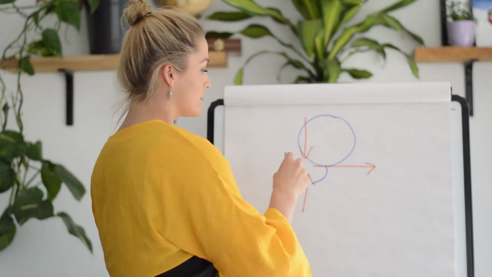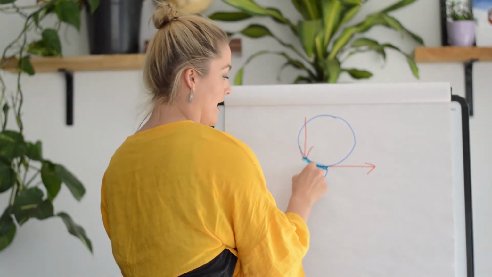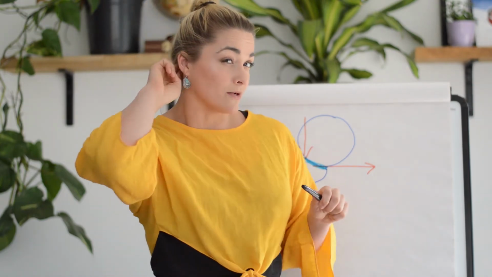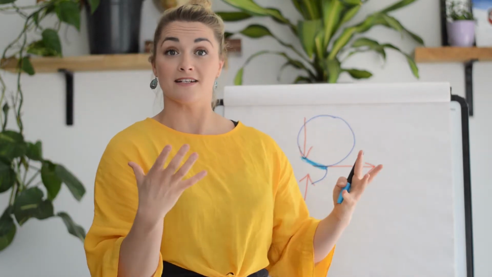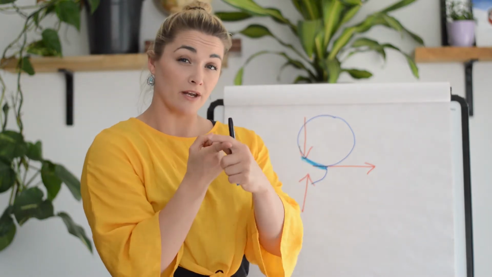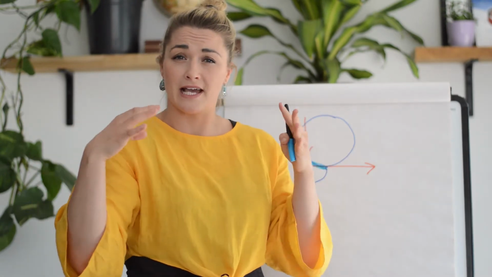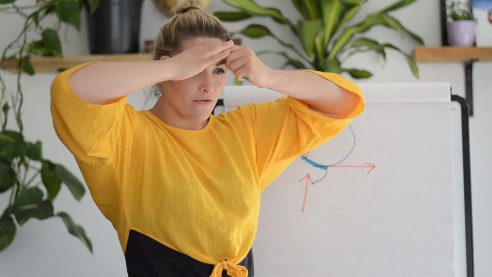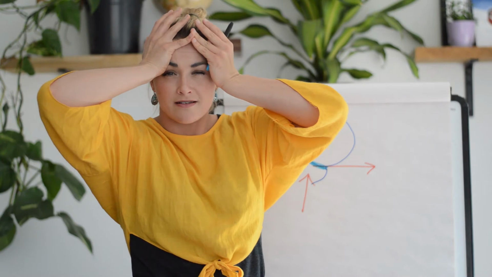Number one, we start to get tightness around the base of the head. So these are your suboccipital muscles here that are responsible for keeping the eyes level and keeping the head in a nice balanced position. If we're dropping forward over the long term, they start to get really, really tight. So we get localized chronic pain around the base of the head, and we get something called tension type headaches, where we get pain referral over the front, and this is where it feels like a vice-like pain around the